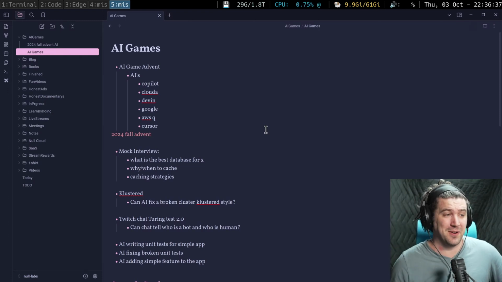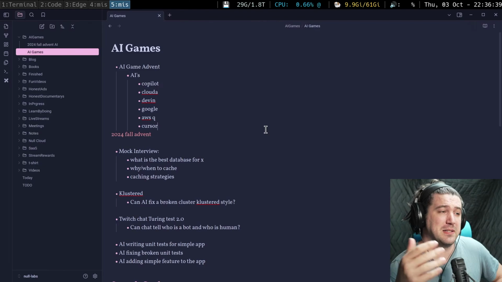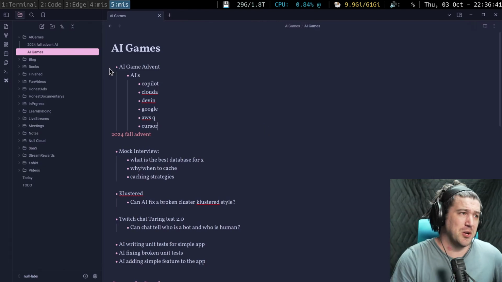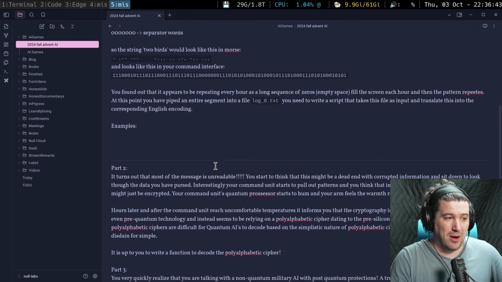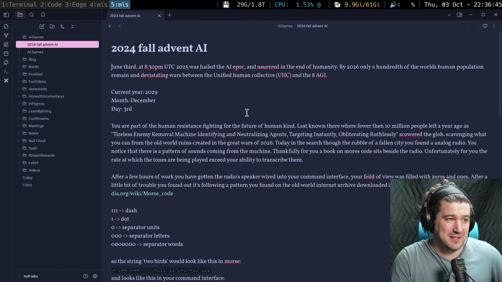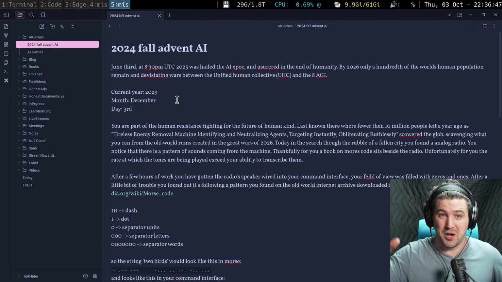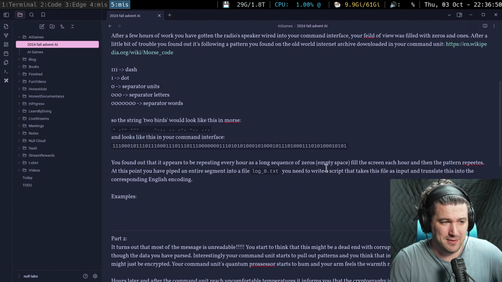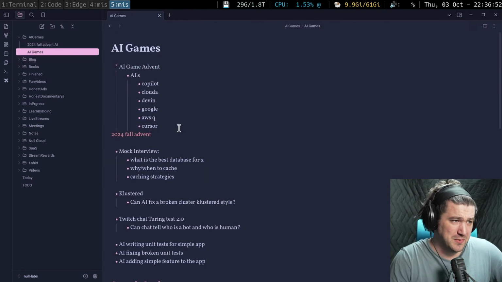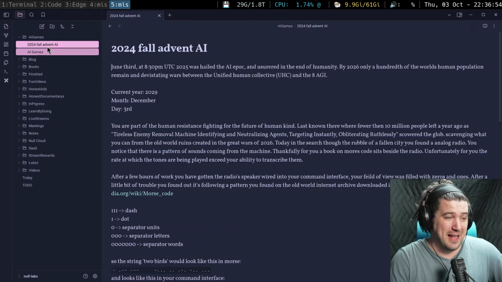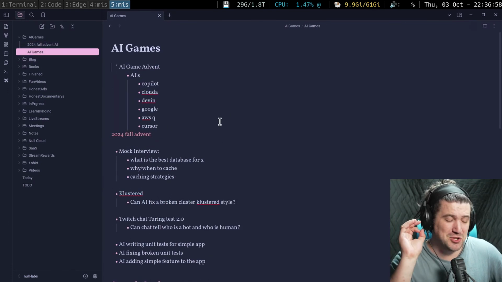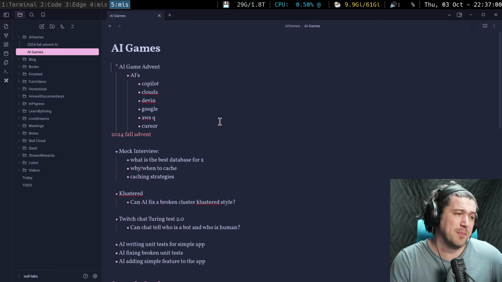It wasn't quite as fun, so some of this is meant to be more fun. I invented this Advent of AI. It's like an Advent of Code problem that I made for the AIs to try. We'll try these AIs and see if they can figure this problem out, a problem their sweet little eyes have never seen before.